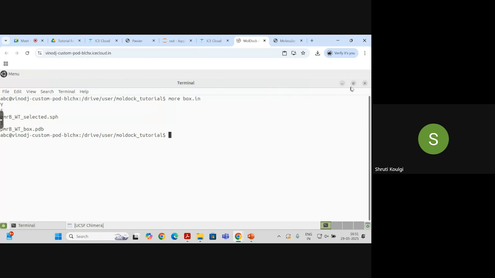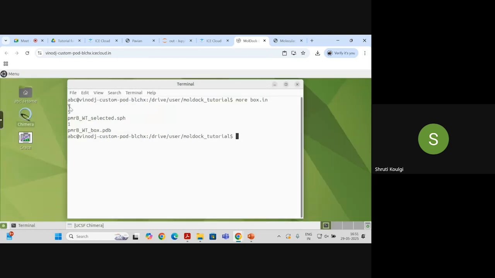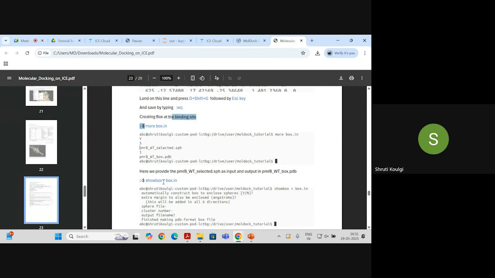So again, if you see here, 5 mentions the dimension of 5 Angstrom for the box. And this is the selected SPH that will go as an input. And this would be our box, that is the output. Okay. So here also if you go, more box.in, we did that. And the next command,